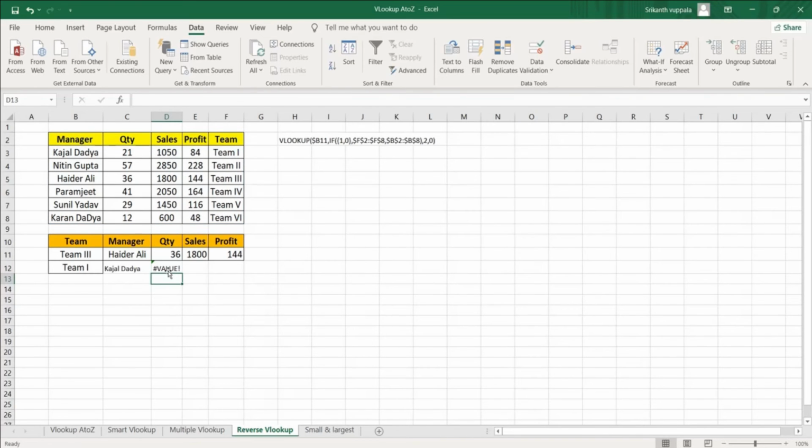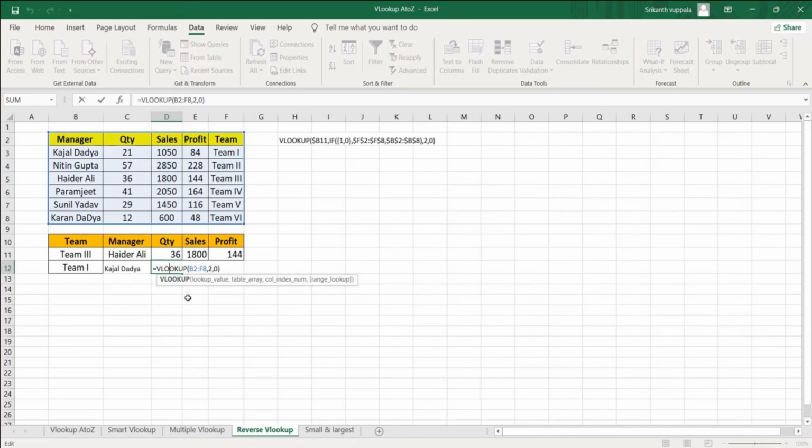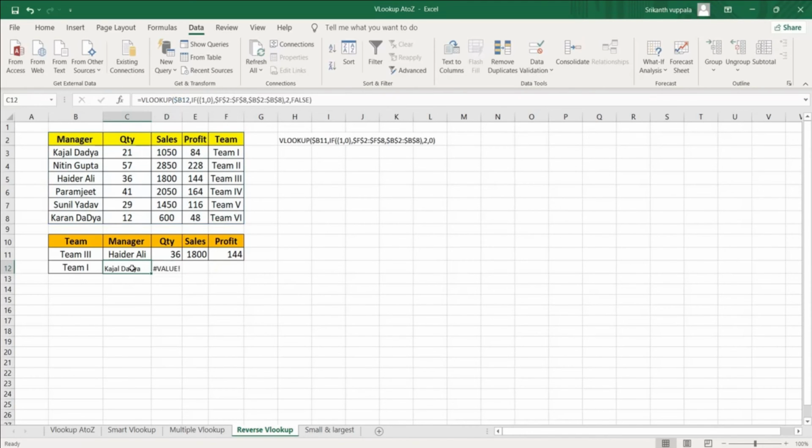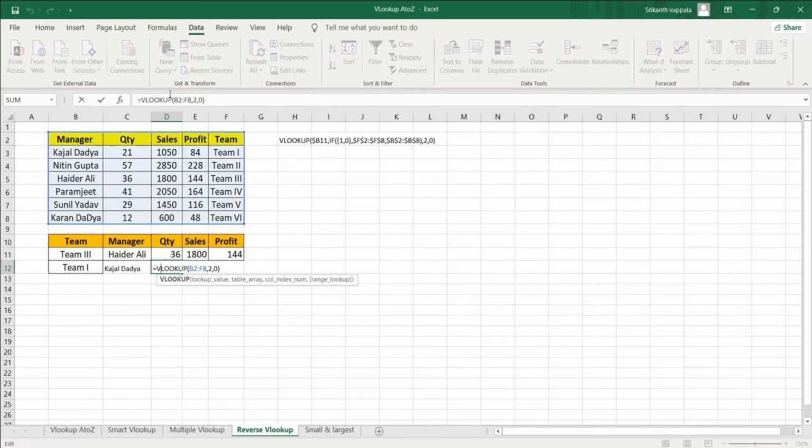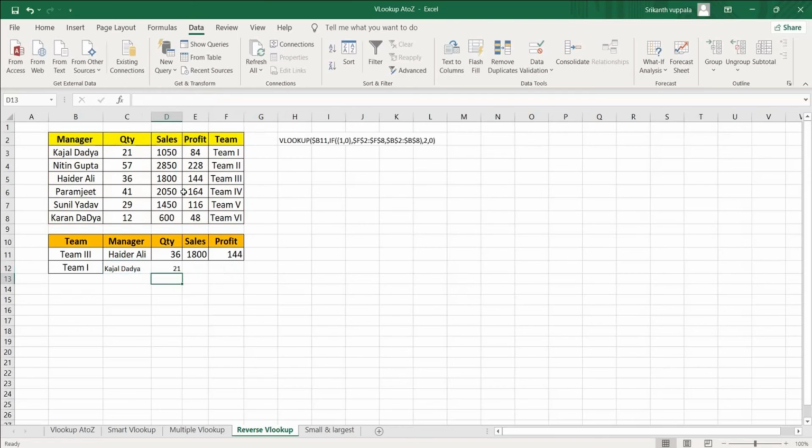Okay, the VLOOKUP formula is incorrect here. VLOOKUP, I have to look up this value. Comma. Okay, 21.